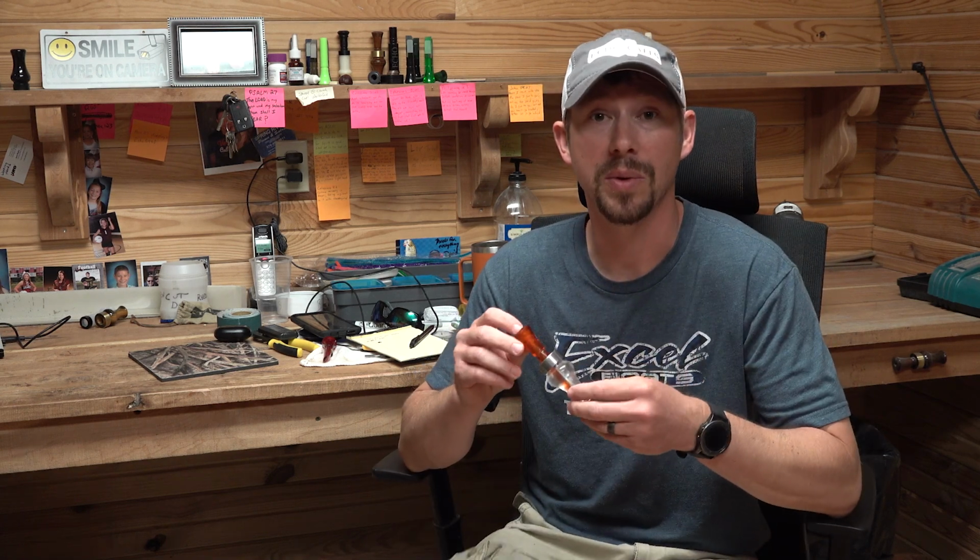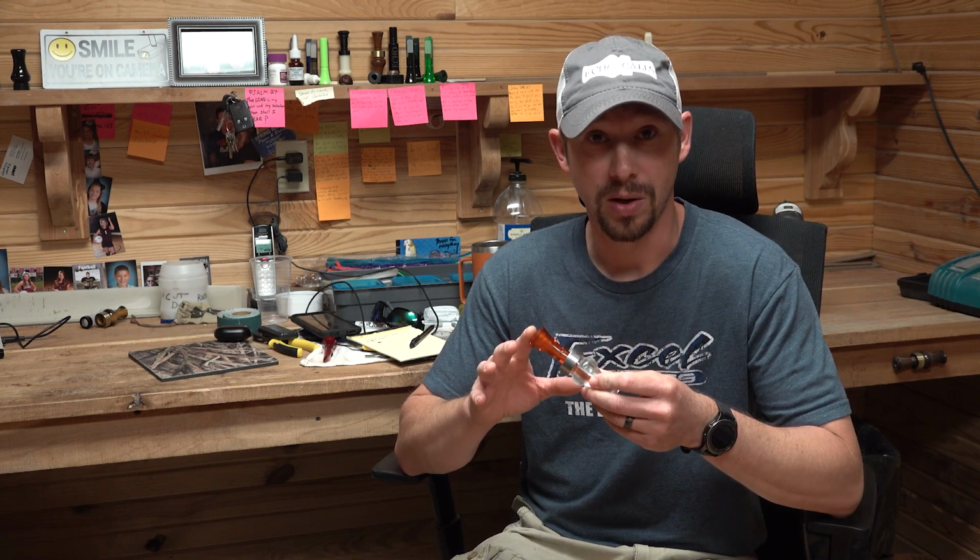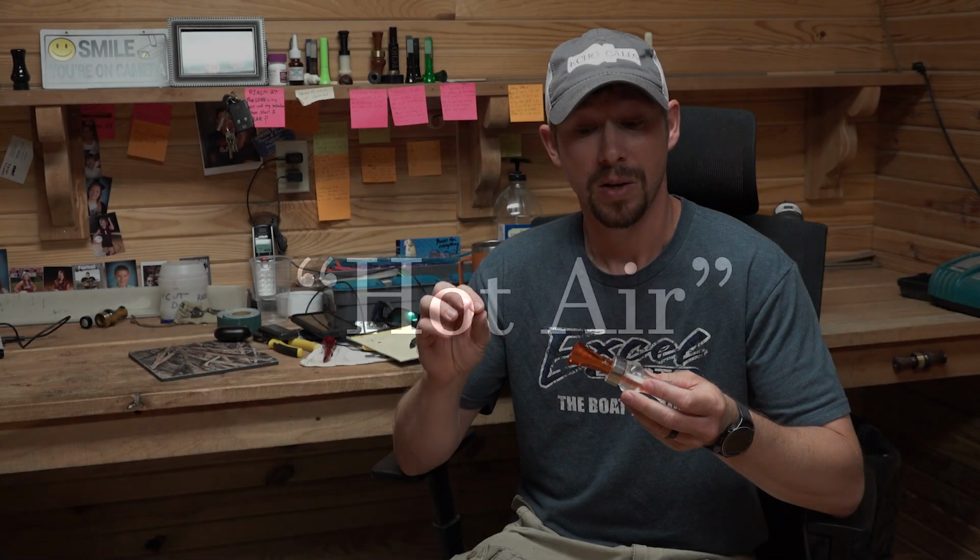Alright, I'm starting out with a double reed. This is a meat hanger. It's our loudest double reed call. A lot of people blow double reed calls because, one, the ease of use. They're very easy to blow. Most people can pick up a double reed call and make it sound good. The ways that you make the double reed have more range and sound better in quality is the same way